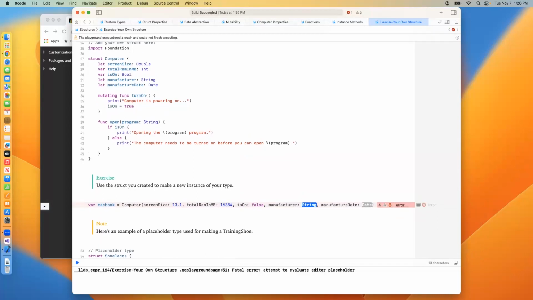Okay. Who made this? Well, I'm pretty sure Apple made this. And actually, do you know who manufactures a lot of Apple's products? Foxconn. Yeah, Foxconn does a lot of them. And they're having a lot of problems over in China right now, from what I understand. Now, the manufacture date is a whole different thing, right? Because here, it's like, what date do I put in? And I could actually